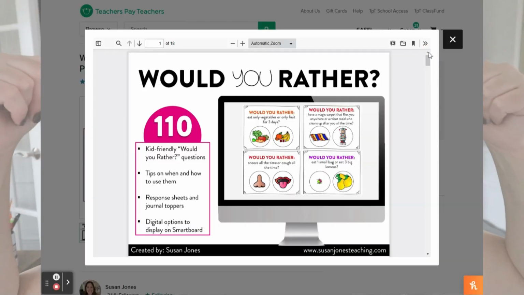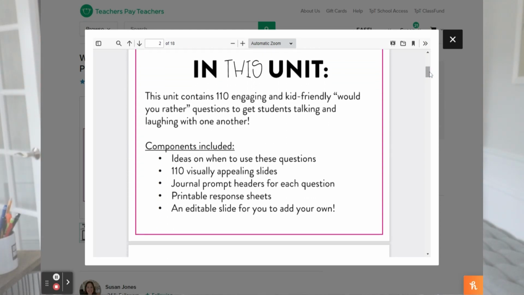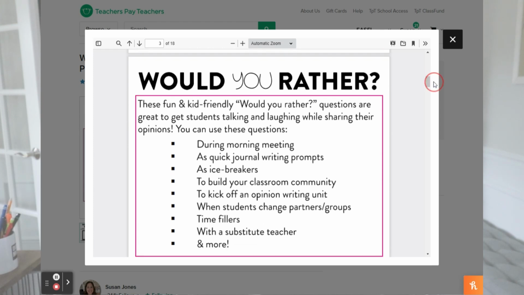The first, most simple way I like to have students do this and just get used to stating their opinions and seeing that other people might agree or disagree with you is to use would you rather questions. Now, I have a ton of them. Here is a unit right up here where I have kid-friendly digital slides, and there's over 110 different would you